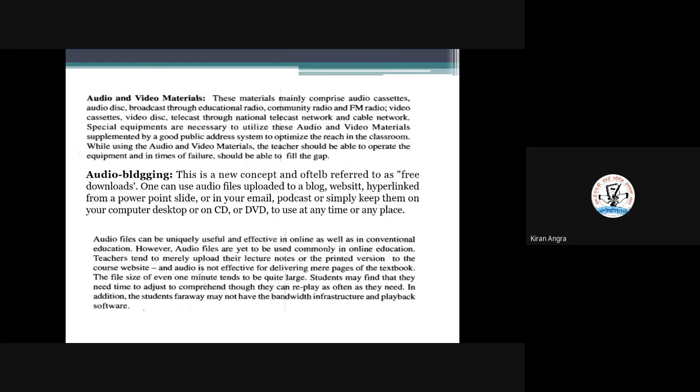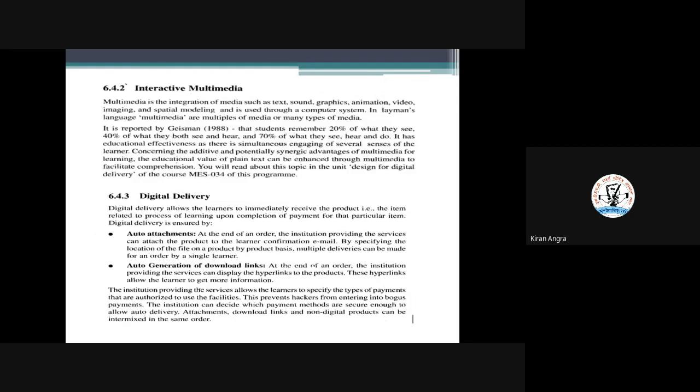You can read through those anytime when you require. So this is audio and video materials. This is the way through which you can